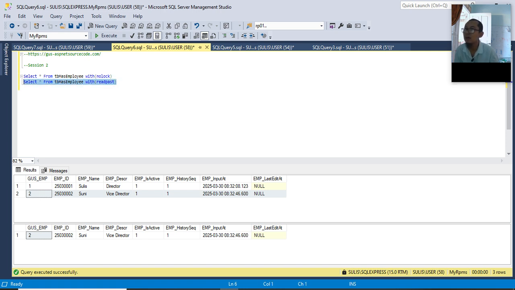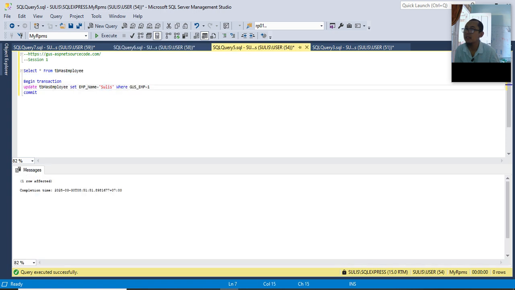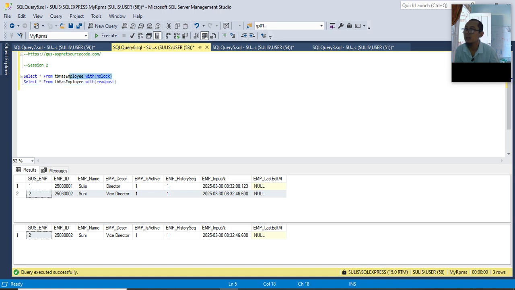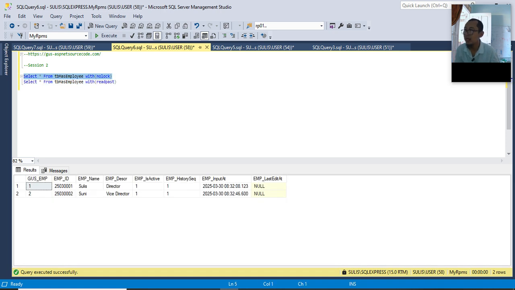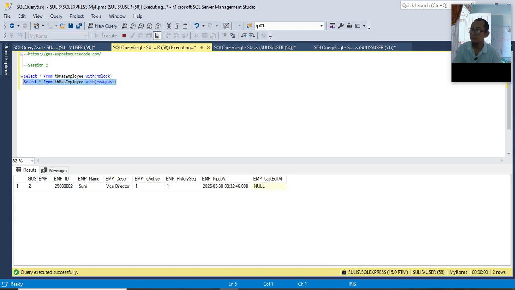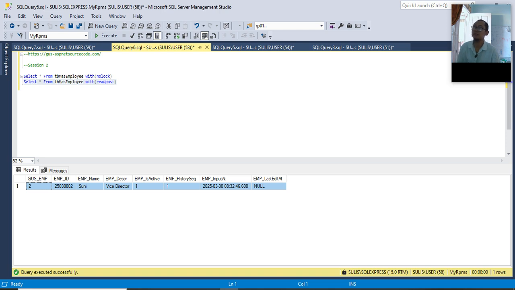You see here, we are updating Goose MP1. With no lock, the data being processed, that is number 1, is displayed. Data number 2 is not being processed and is also displayed. But with read past, data number 1 is not displayed because it is being processed.